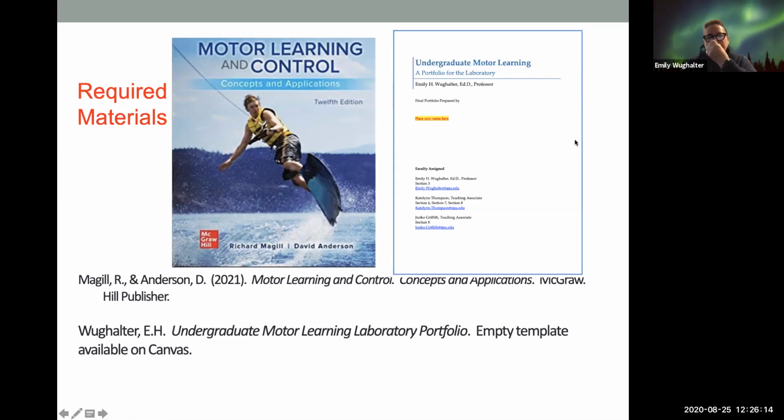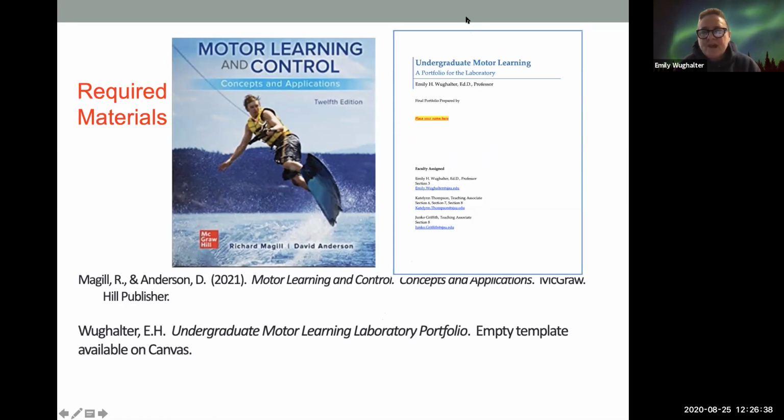It looks something like this. This is last semester's picture. I didn't take a new picture of the new cover. It has one little difference on the cover. And it has been thoroughly revised for you so that it is accessible for the online format.